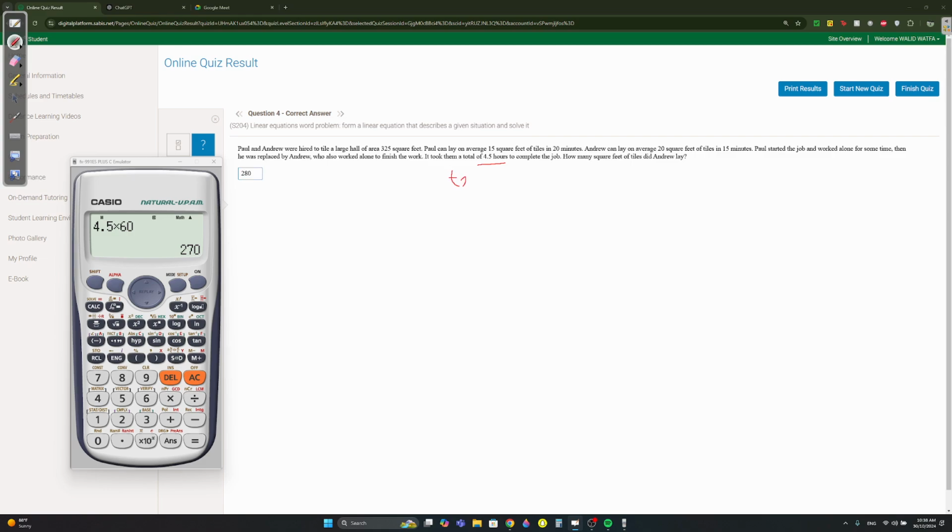I'm going to go back to the equation I wrote here. Time of Paul plus time of Andrew is equal to 270. And area total is 325. So area total is equal to 325. We know that here,